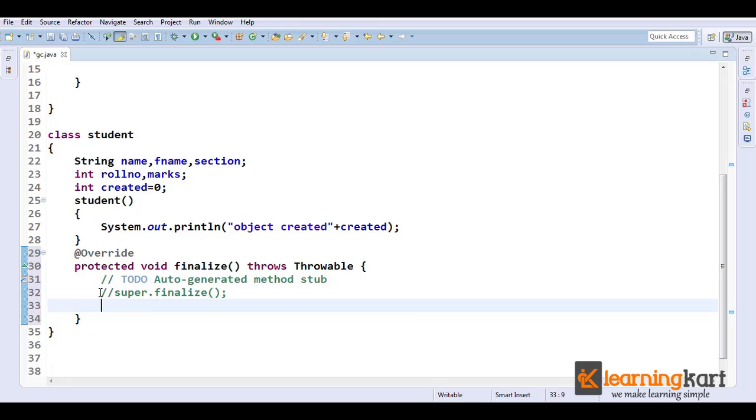So this is a method which is definitely called before any object of class Student is removed. So we'll put down a print here so that we can know when an object is removed, and let's put some counter to this, say destroyed,